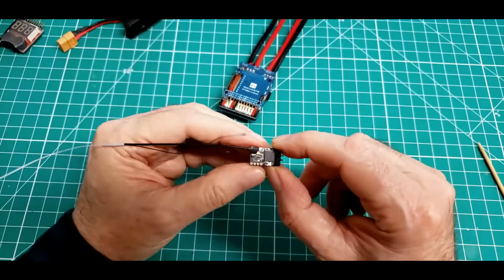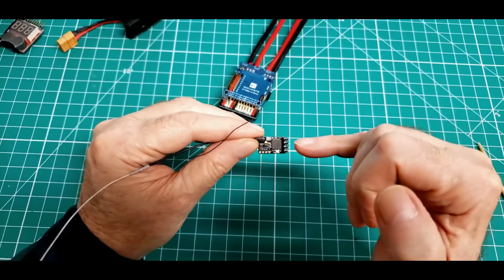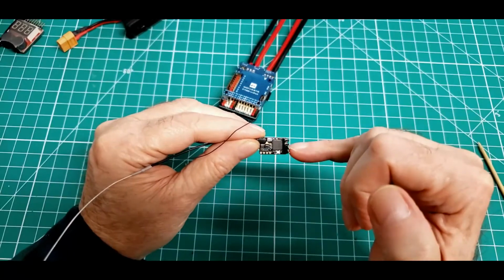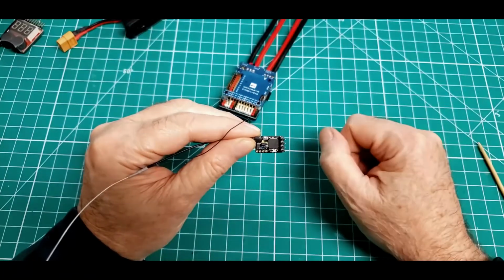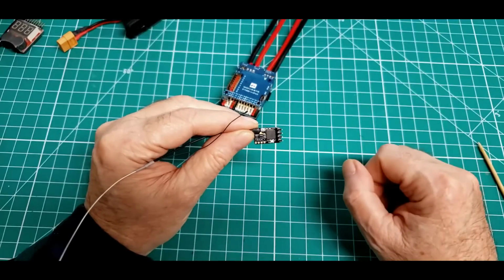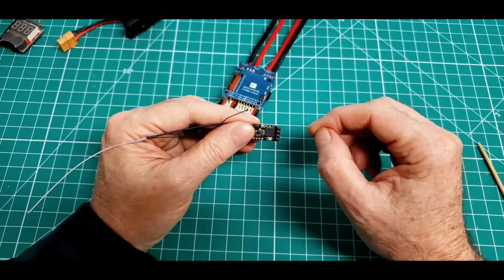And then basically, without getting down into the receiver at this point, this pin is ground. This pin is 5 volts. This pin is servo port number 1. This pin is servo port number 2. So that's very convenient, especially if I were going to use this on the